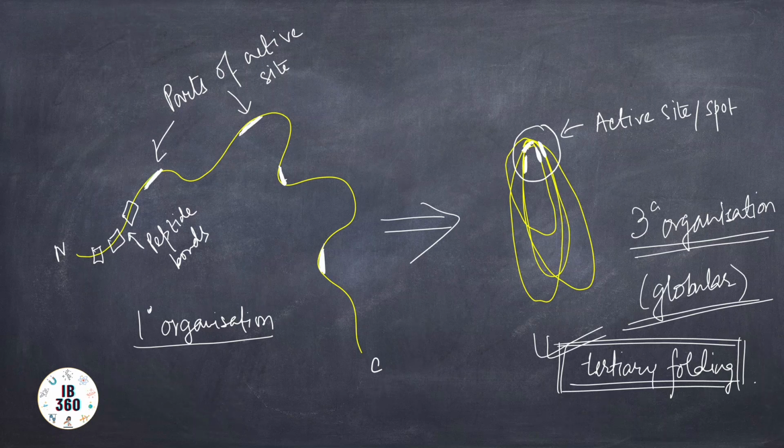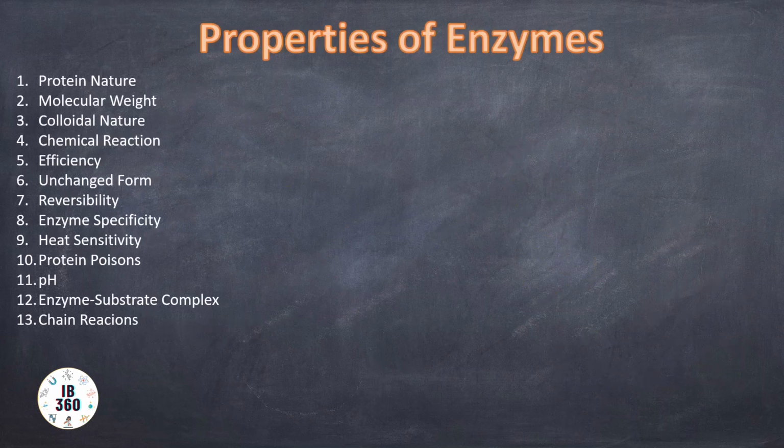So then let us talk about the properties of enzymes. We have already studied the chemical nature of enzymes, where we had classified enzymes into simple and conjugate. But today we will deal with the chemical and physical properties of enzymes as a whole. And this is a very important topic because here you will get a very zoomed out overview of enzymes. So enzymes, we know, are generally globular proteins.